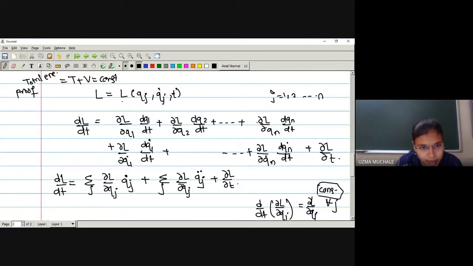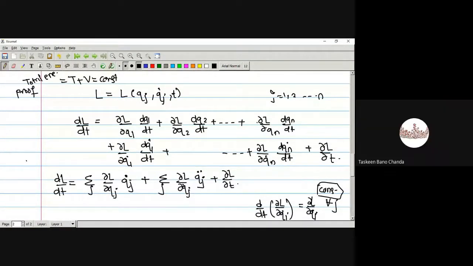If you know the chain rule, it is fine, otherwise you have to keep faith in me. Or if you do not have faith, you can go back and check the chain rule. What you have to do in the chain rule, if you are going to find the derivative of L with respect to t, is first find the derivative of L with respect to qj and the derivative of qj with respect to t. Correct?